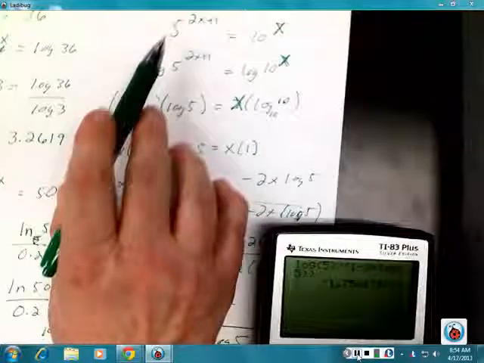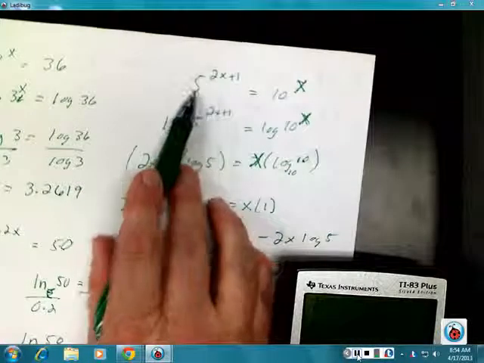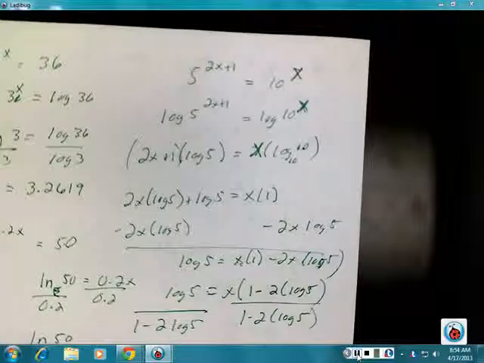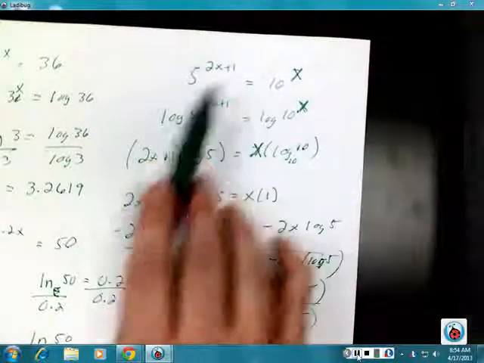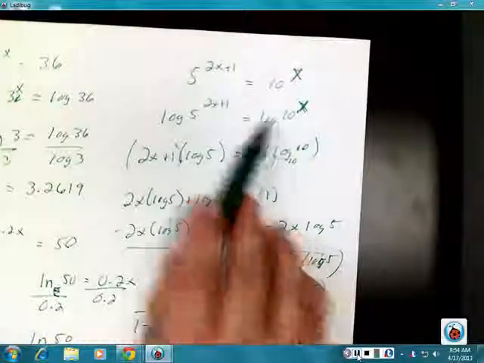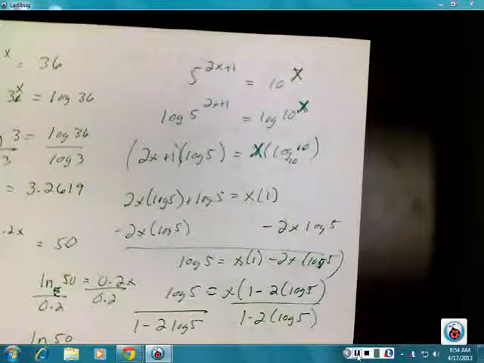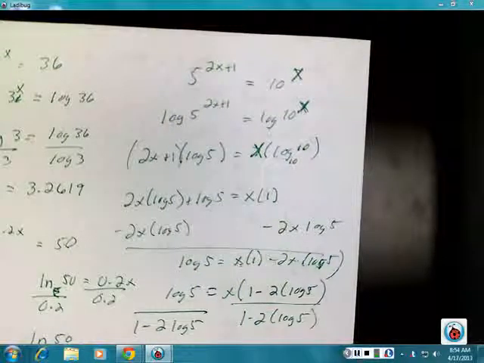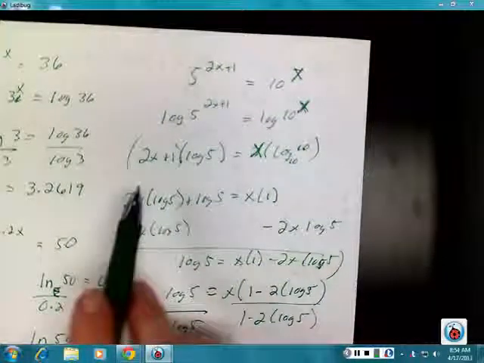But because the bases were different, 5 and 10, that's when I need to go through my whole process here. So let's do a recap with this one because it is a long one. I first set them into logs because I can't solve it without having a log involved. And then from that, I end up